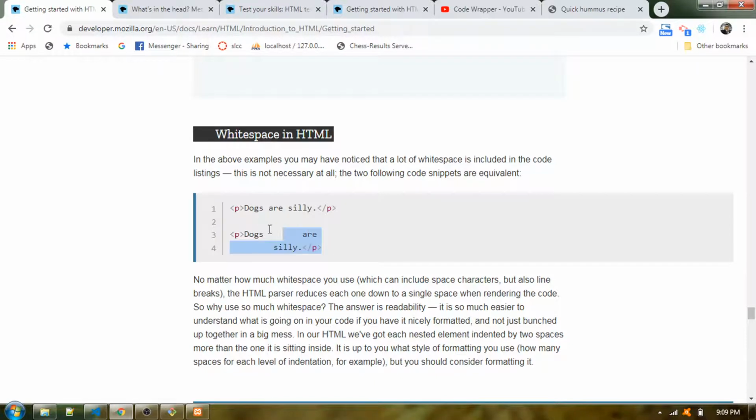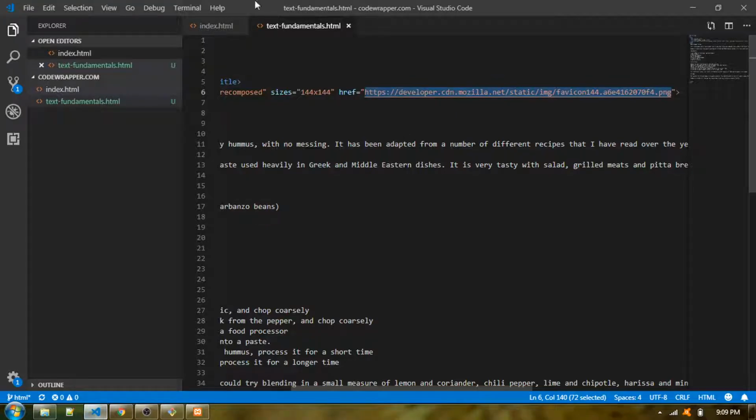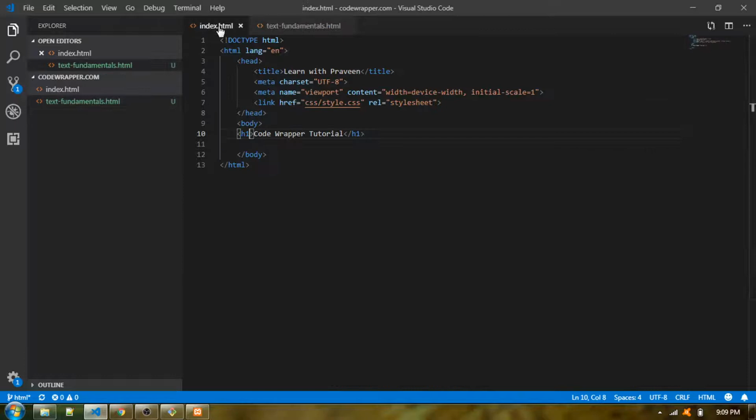So for example, if I copy this code and go back to my HTML page, the index.html file we created in the last tutorial, and place this, you can see we have a paragraph, and after that there's a line break, and then there's another paragraph which has some more spaces in between the words, and there's a line break, and then there are tab spaces. So if I save this page,